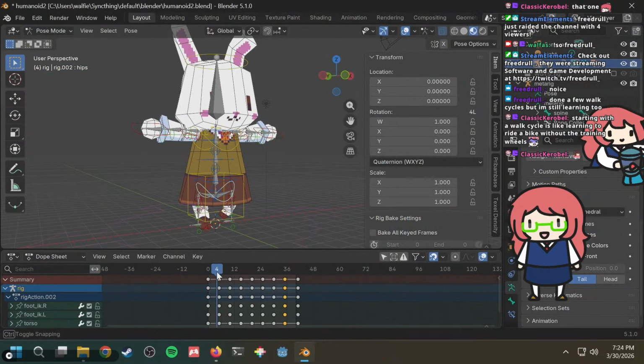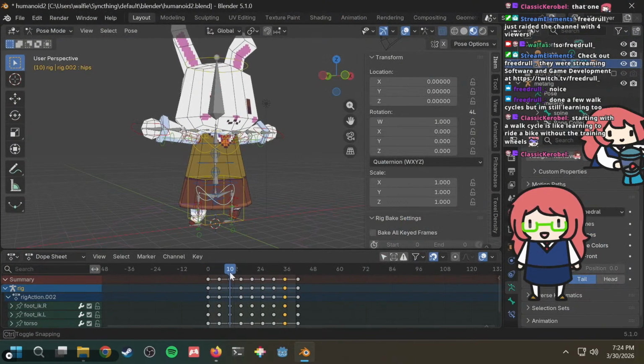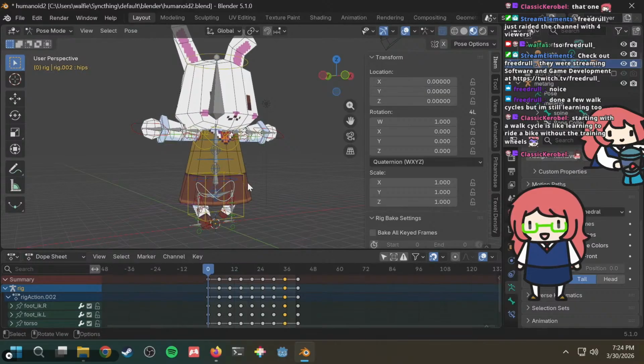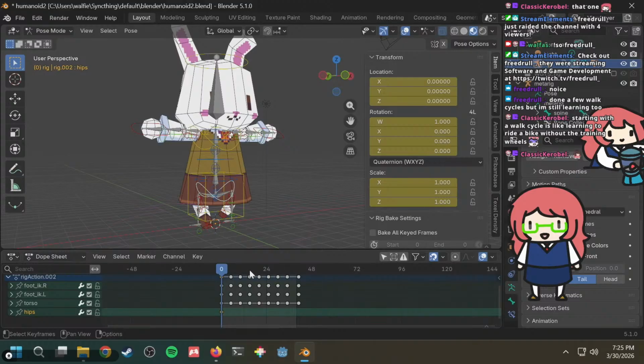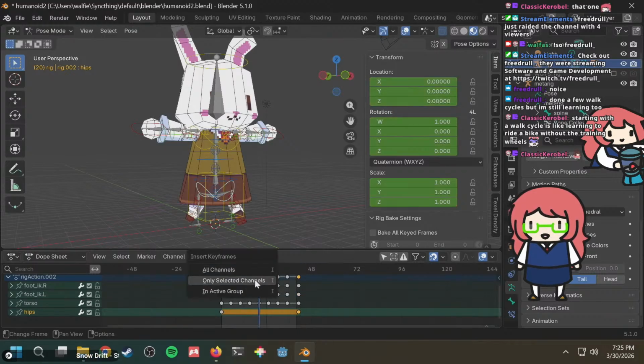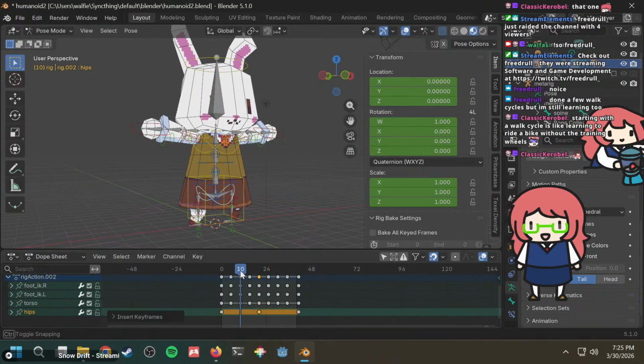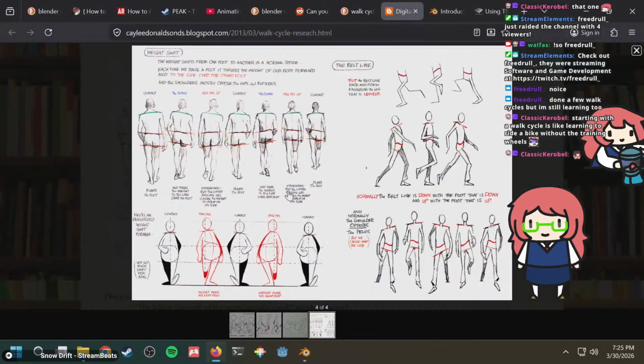Okay, in the passing pose, I'd like to add a keyframe for the hips. I've added one. It's there. And then I add another one at the end here, and also in the middle. They're both centered in the middle. Alright, now we go here.